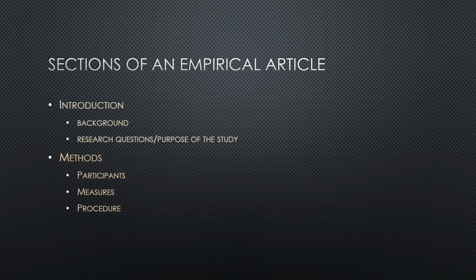The next section that will come after that is the method. So they've told you in the introduction what their study is doing and why. And then the method section is telling you how they're doing it. So they will very explicitly describe who the participants were, what their traits were, gender, age, demographic, any special attributes